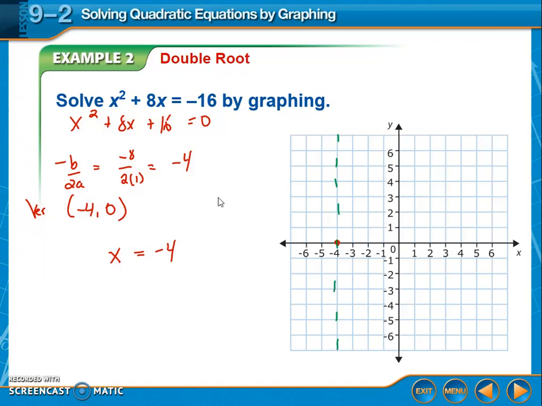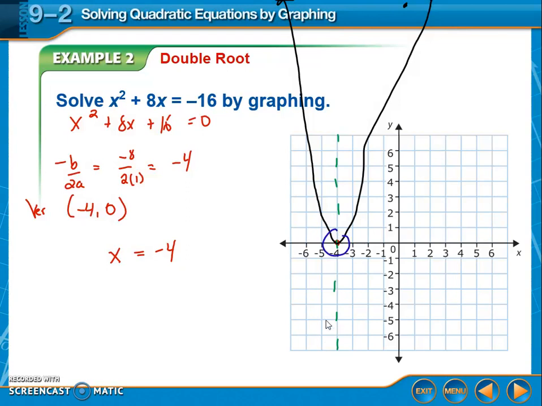And then we want to find the y-intercept. So the y-intercept is going to be at 16. Symmetric, there's going to be another point like over here, and so our graph is going to come and do something like that, more or less. Okay, so we see that there's only one solution where it touches the x-axis, which is